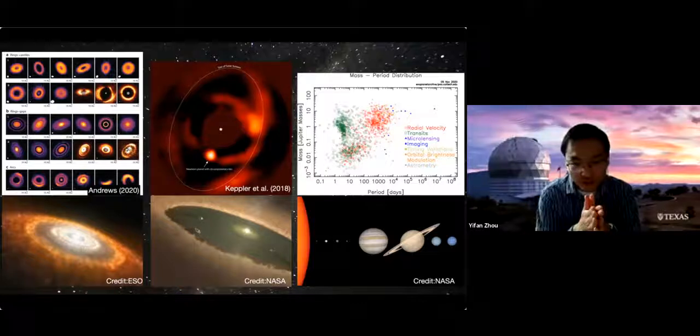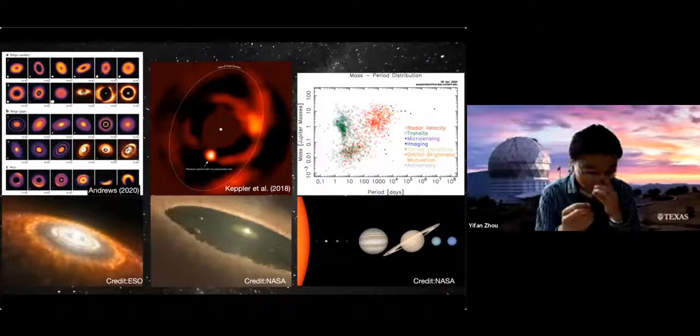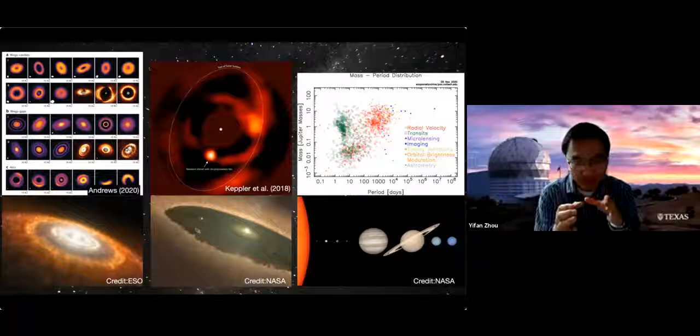Only until very recently, we have captured planets that still have ongoing mass accreting activity. These are very exciting discoveries because they give us the opportunity to watch planet formation in action. By observing these systems, we can gain the ground truth of how planets gain mass from their surrounding environment. So in today's talk, specifically,